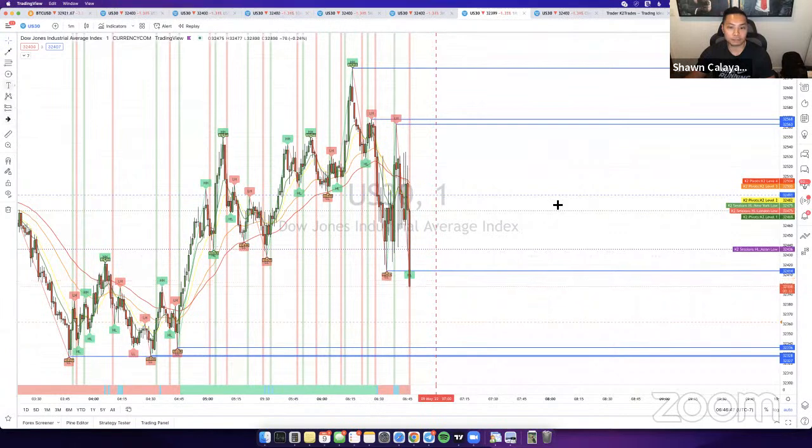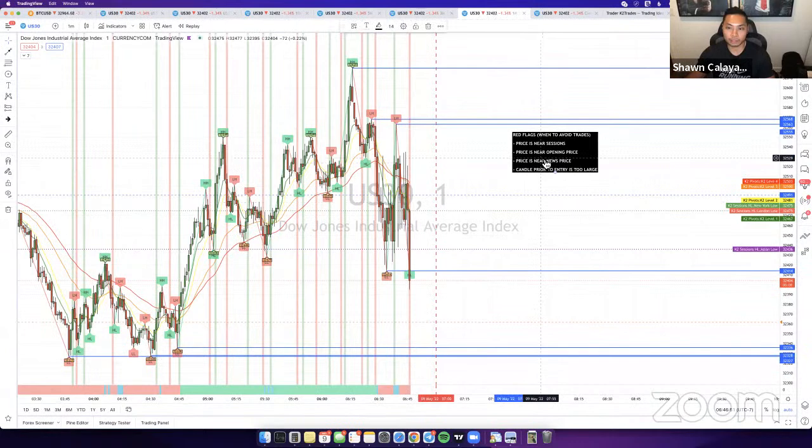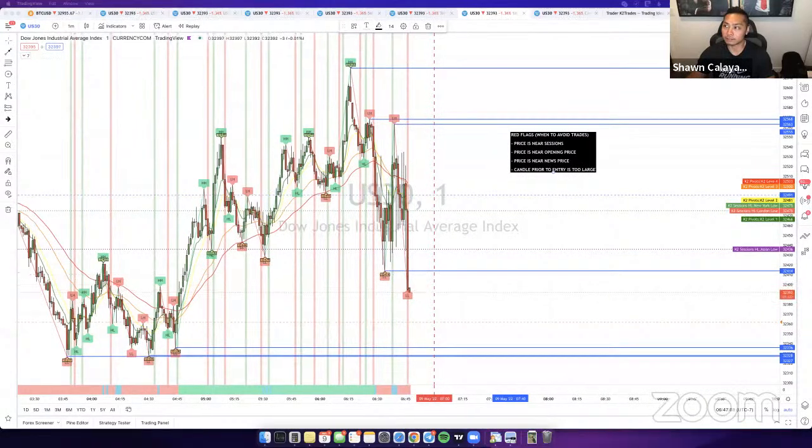You go over here to the red flags. It's going to be the fourth one, when to avoid trades: candle prior to entry is too large. This right here actually would be a high-low entry. It would be a pivot scalp entry. There'd be a lot of entries on that one candle, but I wouldn't take it because it's just too big of a candle. It's just way too risky to hop in for no reason. It's going to have to retrace likely. We don't know how far it'll retrace, but I do expect it to retrace to some extent.